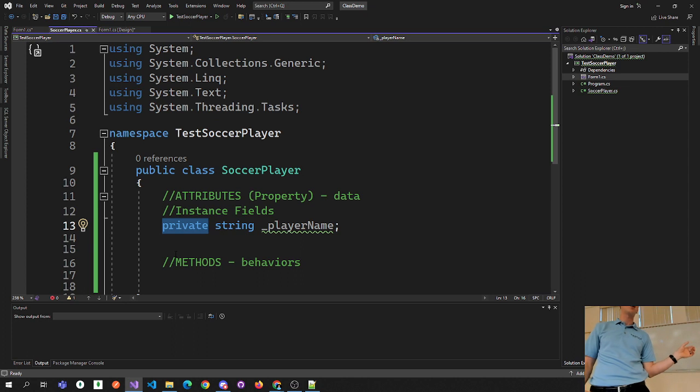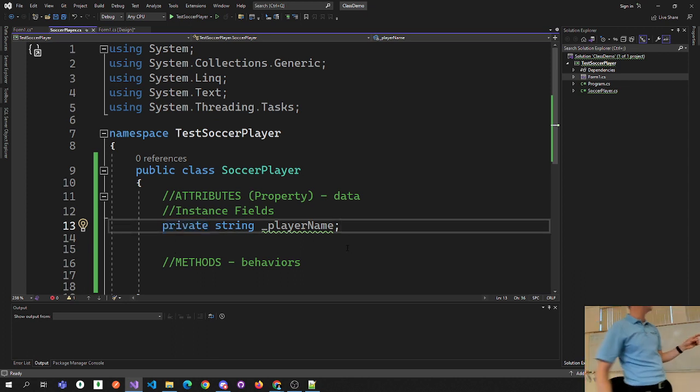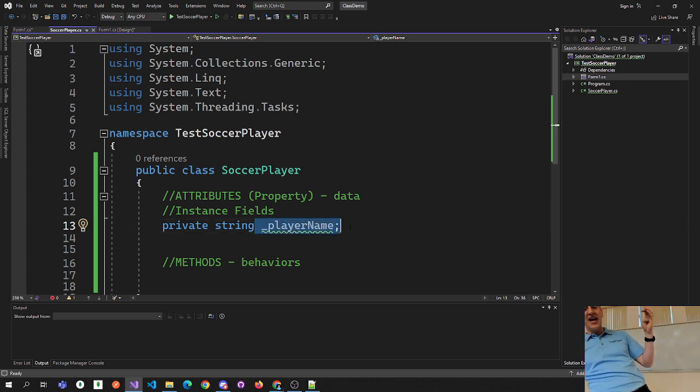Because we mark it private, that is the most locked down that you can have. It's also the convention to have your instance fields start with an underscore. So that's the convention we're going to use in this class to identify that this variable is a piece of data about